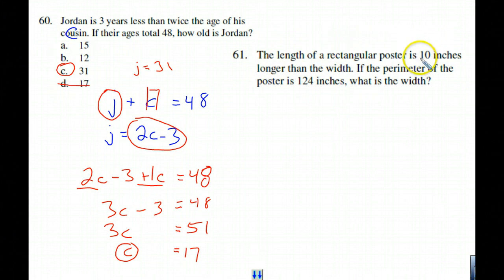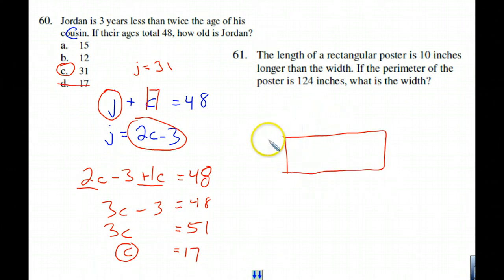61, the length of a rectangular poster is 10 inches longer than its width. Okay. So let's say its width is W, we know the length is 10 more than that. And if we go all the way around, it's going to add up to 124 inches. So if this side is width W, so is this side. And the length is going to be the same as well. So we've got to add all these up and it equals 124. So we have 1, 2, 3, 4 W's